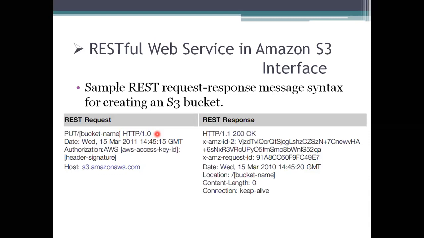And it is also taking the access of authorizing, that is AWS, Amazon Web Services here, and it is providing the access key, and it is providing the header signature. In that, I am giving the host to whom I want to connect. The host is s3.amazonaws.com. I want to connect to that host to create this service here. So the response will be transferred to that server.